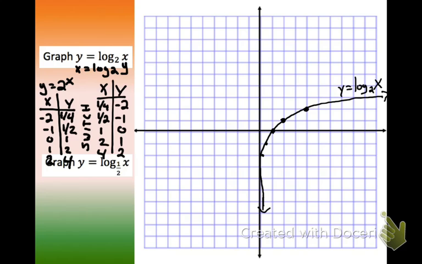If we want to graph the next one, which let me just erase that out so you can see exactly what it is, y equals log base 1/2 of x, we want to do the same thing. So we're going to have x equals log base 1/2 of y, and then change it to exponential. So it's going to be 1/2 to the x equals y. So again, for our table, if we do negative 2, negative 1, 0, 1, and 2, we'll end up with